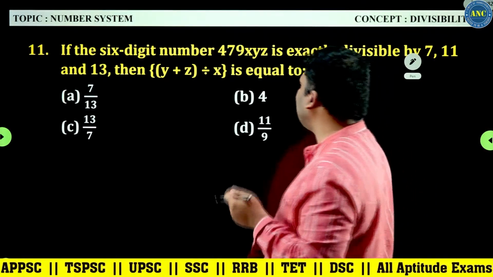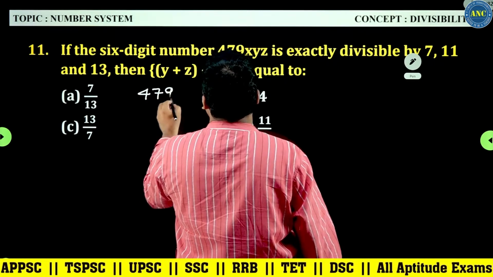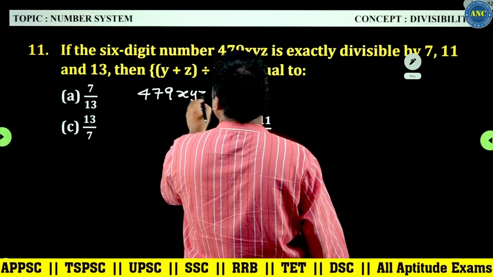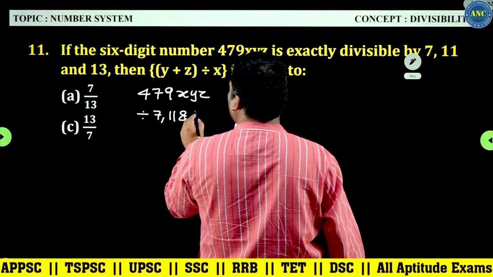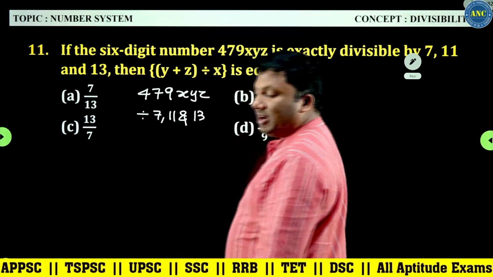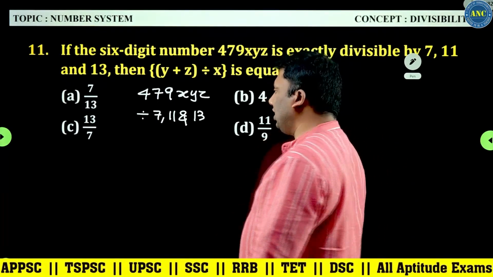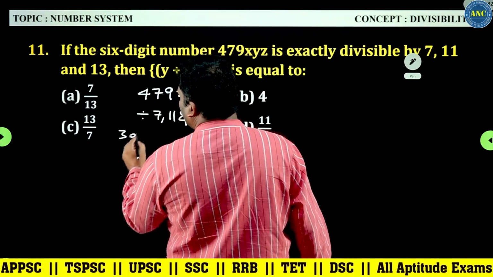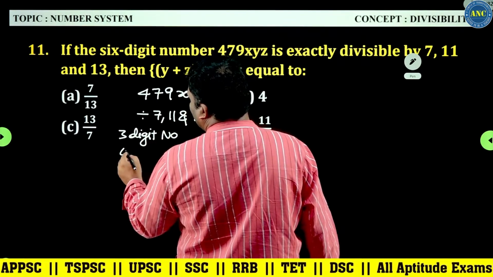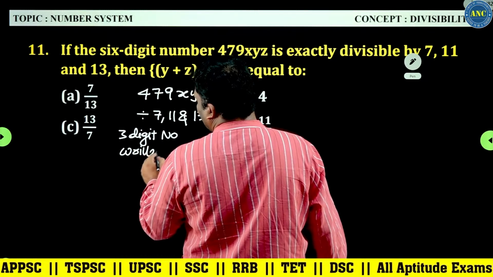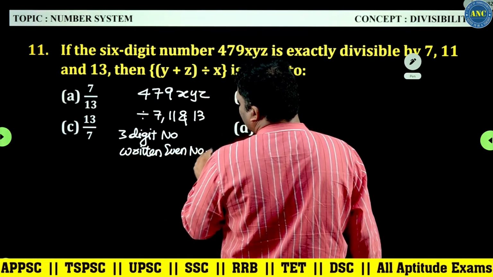There is a 6-digit number 479XYZ. This number is divisible by 7, 11 and 13. If you know a concept, you can solve this problem quickly. What is that concept? Any 3-digit number written an even number of times